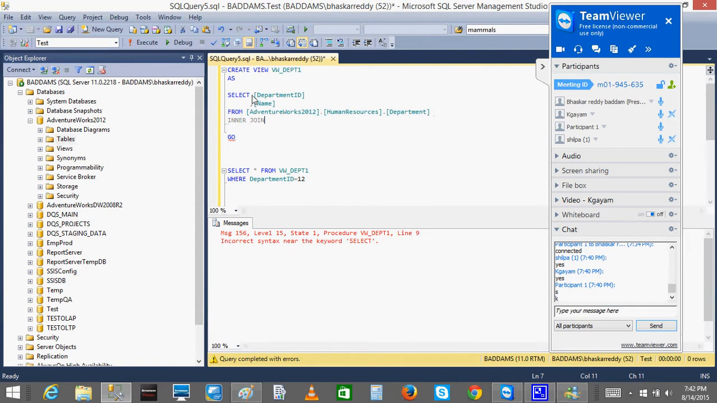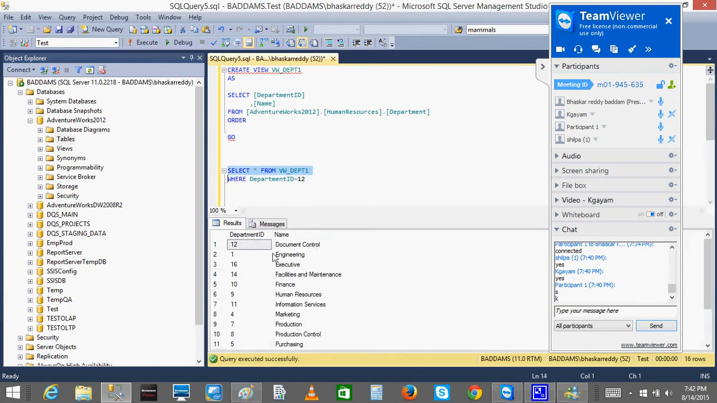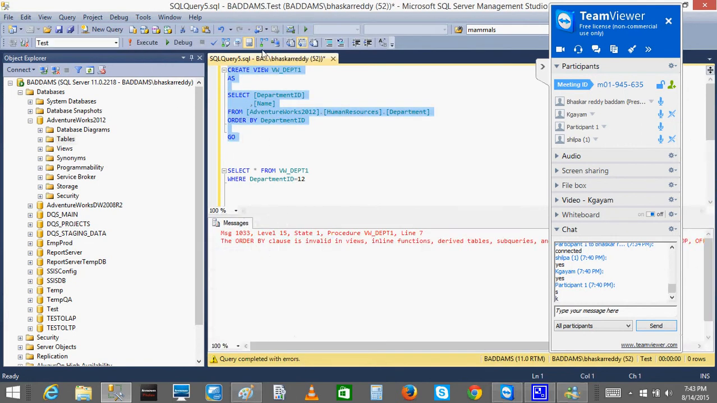And one more thing, you can use aggregates in the view, but you can't use order by in the view. Suppose I want to order by ID, because when I call the view I'm getting the IDs, but not in order. So first I'll write order by department ID, and select this query. Done, now they are sorted. Now I'll try to execute this view again. It will not execute because the view is already there. And one more thing, it is saying